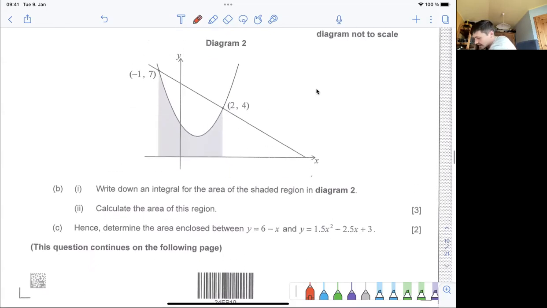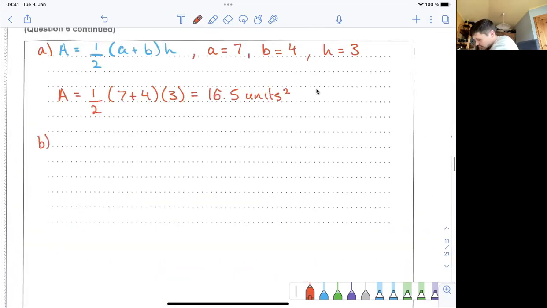Okay, so that's the area between the x-axis and our curve 1.5x squared minus 2.5x plus 3, and then between these lines here, x equals negative 1 and x equals 2. Right, so the definite integral that we're going to have to write for this is the integral sign, so like that, okay, from x is equal to negative 1 to x is equal to 2. And then we'll put